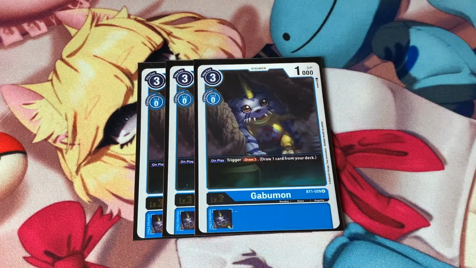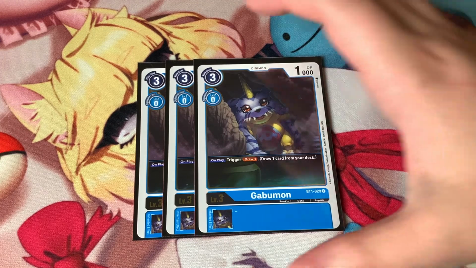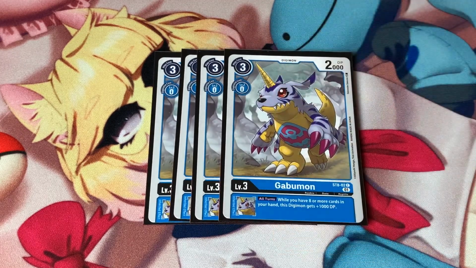Next up is this Gabumon from set 1. He just has an on-play skill to draw a card. It doesn't seem like much, but you really benefit from having a large hand with this deck, so just 3 copies of that Gabumon. And then next, I run 4 copies of the Structure Deck Gabumon that has the inherited